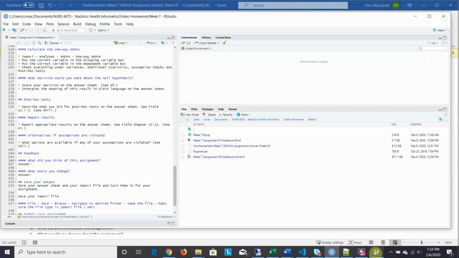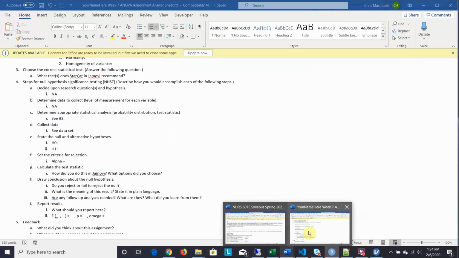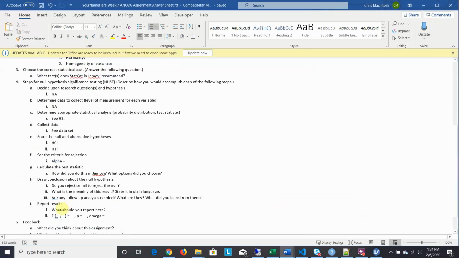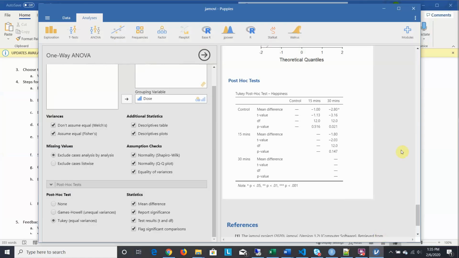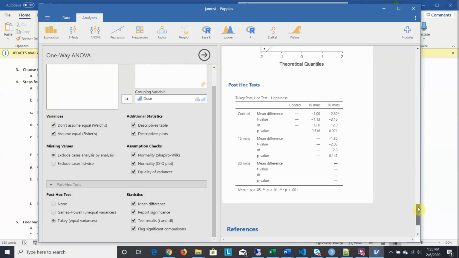But we would report, let's bring up my answer sheet. I did give you the basic things that you could fill in here for your F, and these are going to be your degrees of freedom. I think they were like 2 and 12, but let's go back and look at our degrees of freedom on our